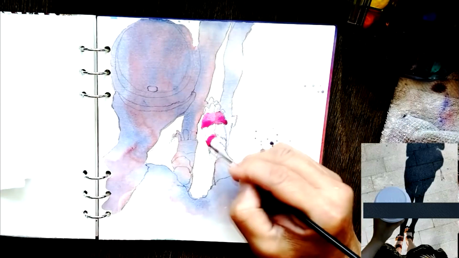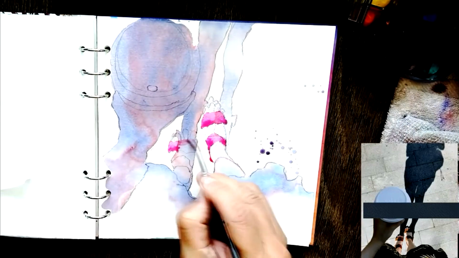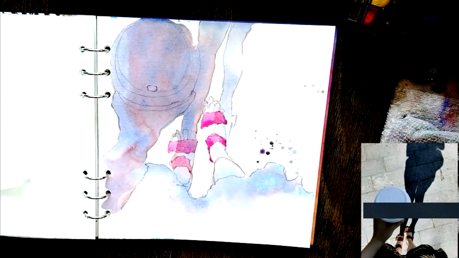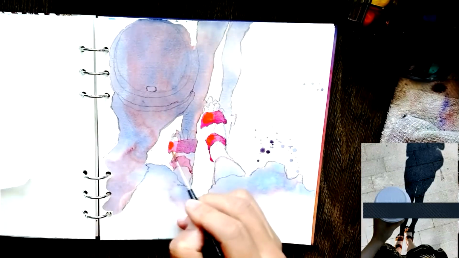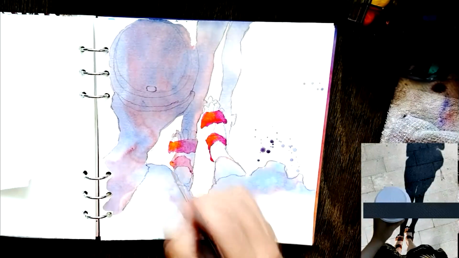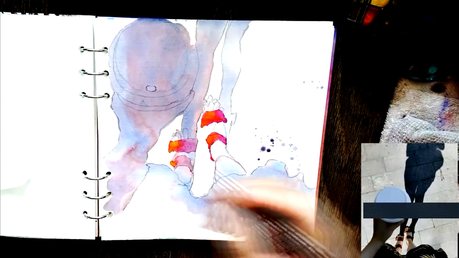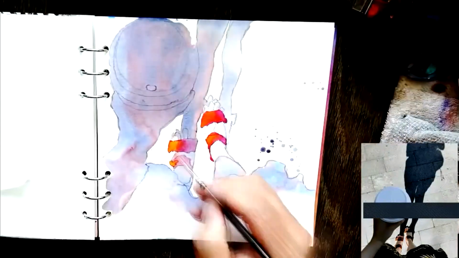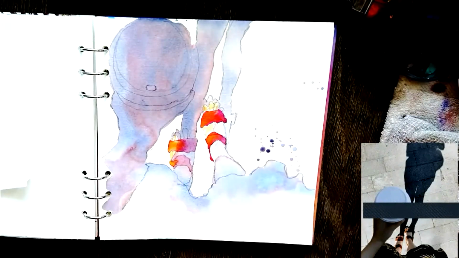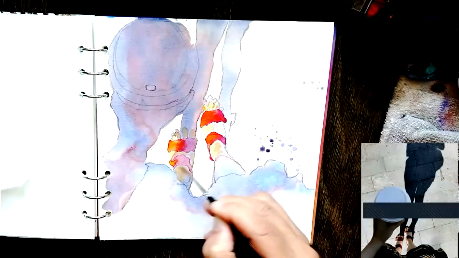And as you can see, I'm gonna go in with queen rose for the shoe, where the part in the sun is pure queen rose, and I drop in a bit of burnt orange to make it pop. I only drop the burnt orange where the sun hits the shoe, and that should really make the color pop. And then I use my favorite skin tone colors, Naples yellow with a bit of queen rose mixed,